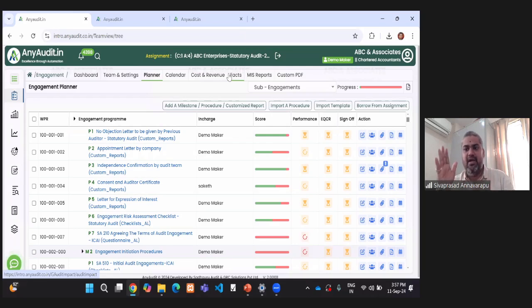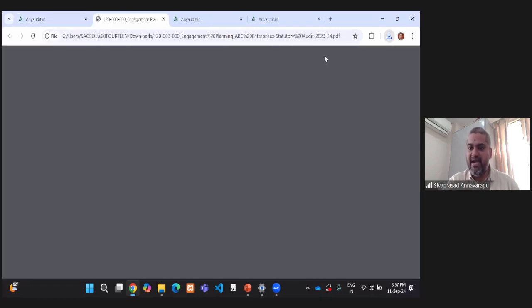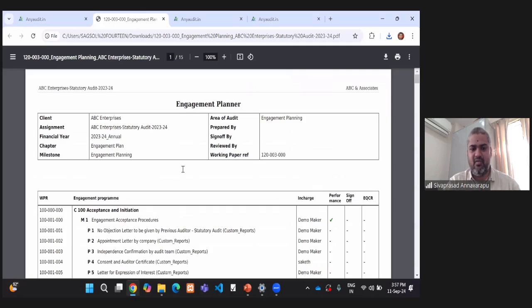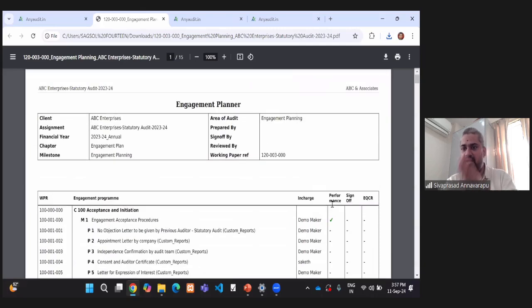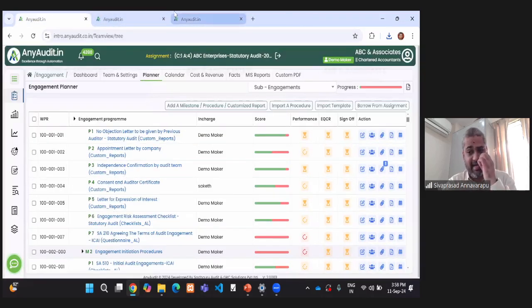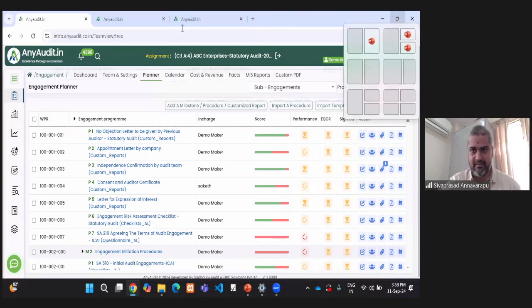All the regulatory provisions are evaluated for their applicability. And based on that, if certain additional audit procedures are to be done, they are also factored into the audit plan. Now, what if I want to document the audit plan itself? Again, you click on the audit plan PDF, and it will generate the whole audit plan into one printable PDF. So to meet the regulatory requirements, this is the engagement planner: what steps we have contemplated, how many are done and how many are yet to be done at a given moment. That way, it automates the whole process right from planning to the final step of report making.